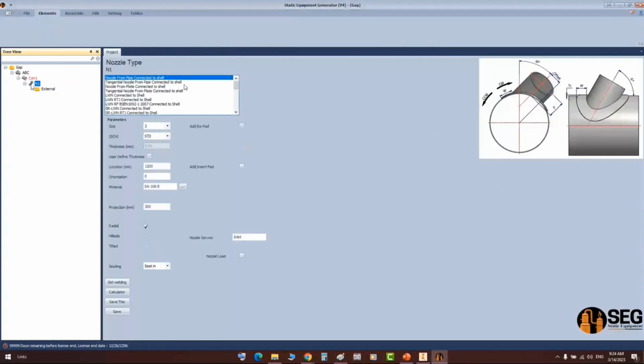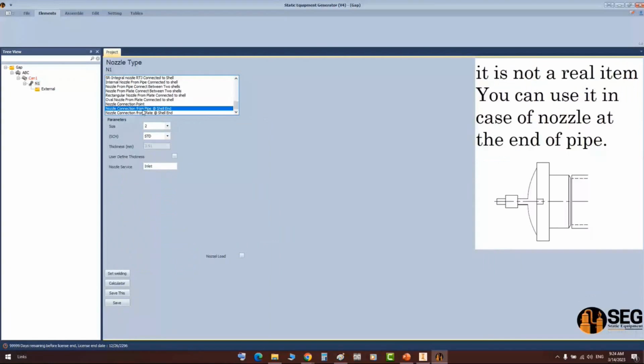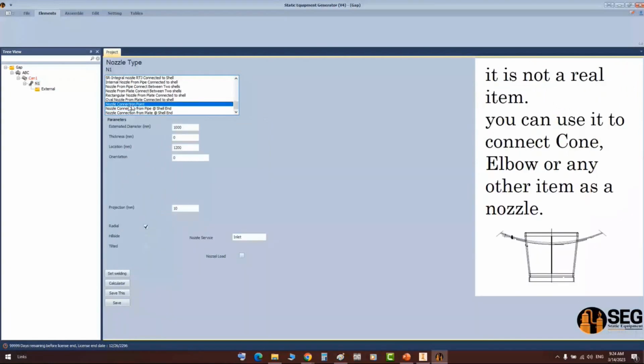Let's come down here, and you can find that you can add a nozzle connection from nozzle connection point. So this nozzle connection point gives you the ability to add a nozzle